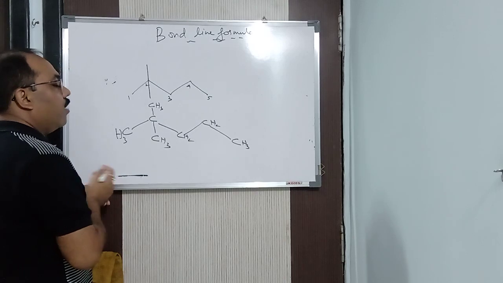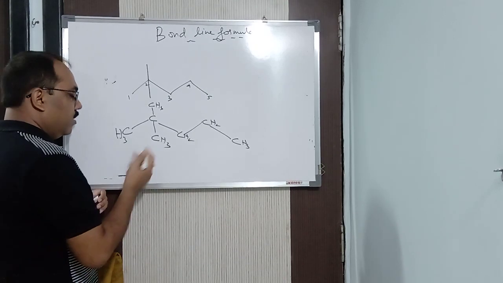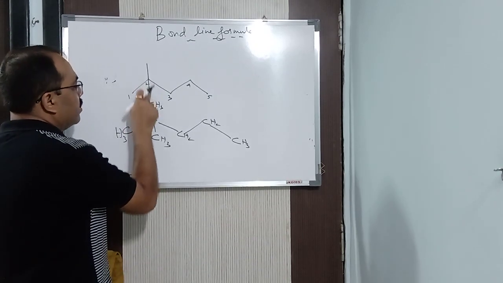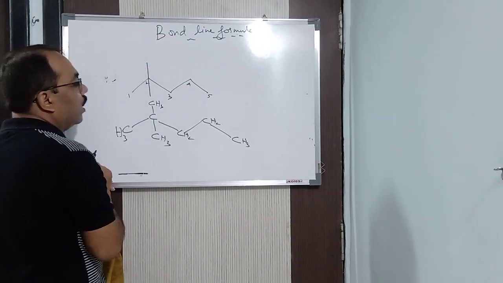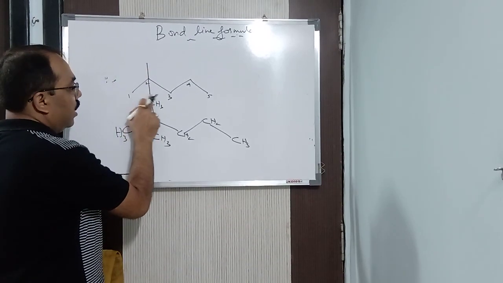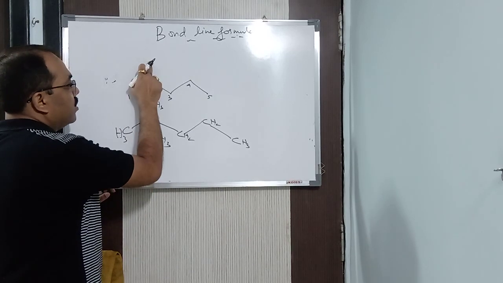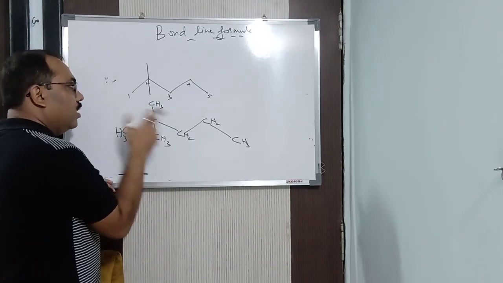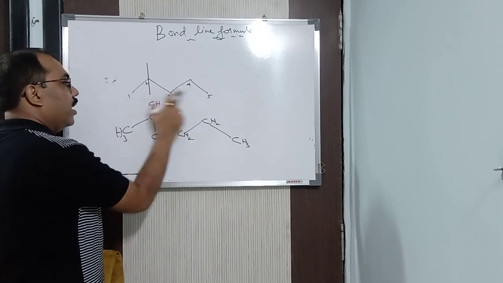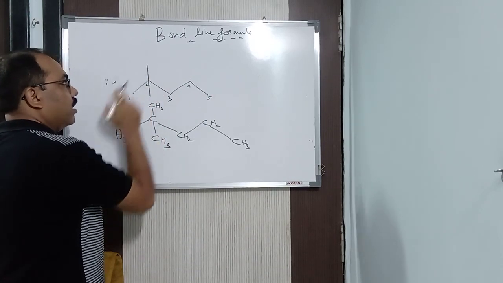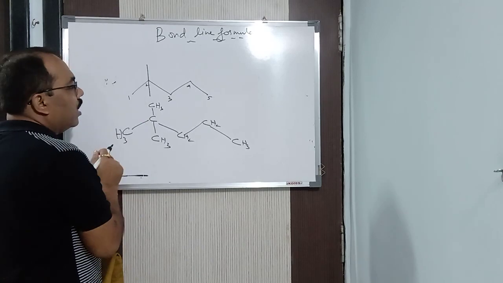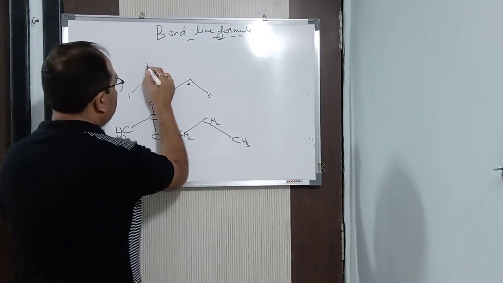So how will you name this particular compound? Okay, let us name it. Here you can see 2,2-dimethyl. See here, this is one methyl and this is another methyl, because the ending is always methyl. The terminal is always a methyl, the end where it is. See, this is ending and this is ending, so it is a methyl. So 2,2-dimethyl pentane. This is a prefix, you got it?